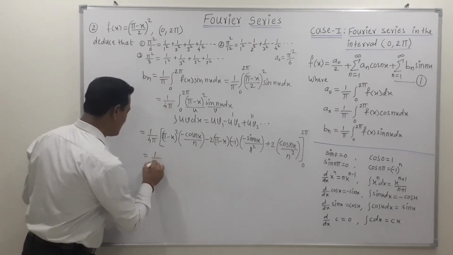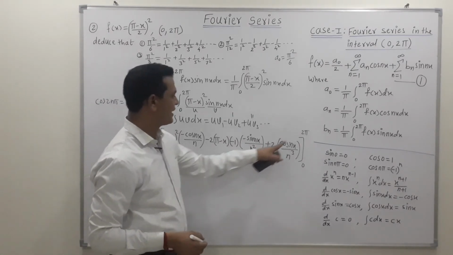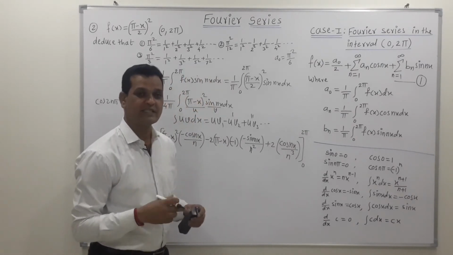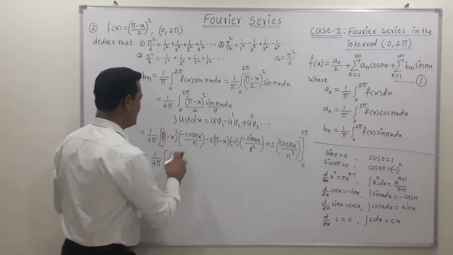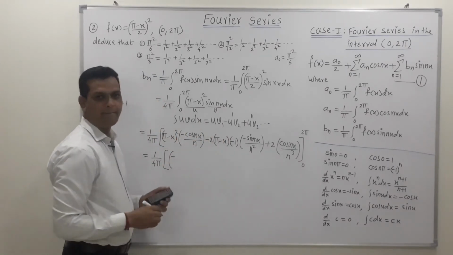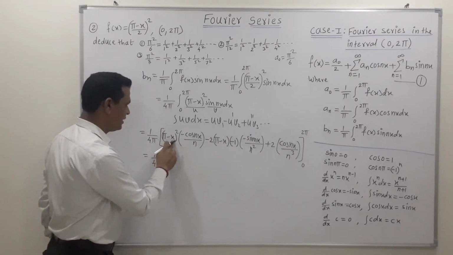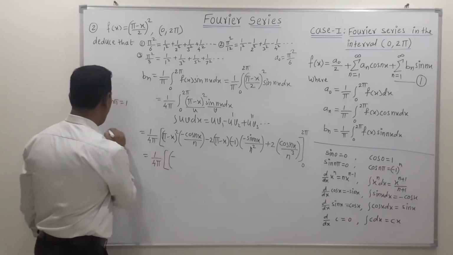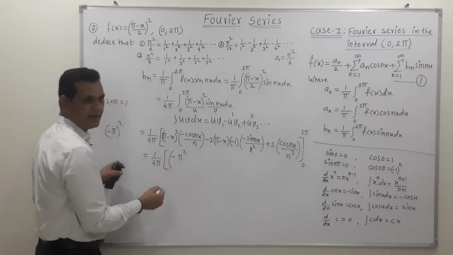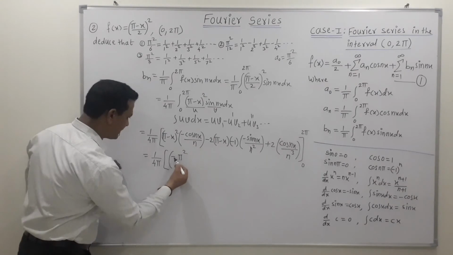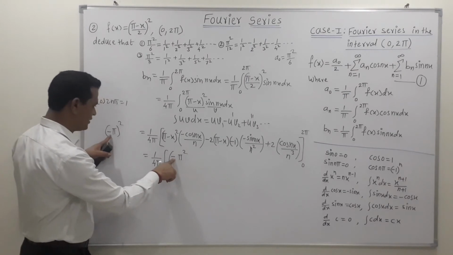Now friends, next step is to put the value of upper limit and to put the value of lower limit. Now here upper limit is 2 pi, that means concentrate on sine and cos terms. So first term is sine, so sine term is non-zero, so put the value of upper limit. So if we take this minus sign, then this is minus. Then if we put x is equal to 2 pi, then pi minus 2 pi, we get this as minus pi. So we get this as minus pi its square. So minus pi its square is pi square. And this minus sign is because of this. This is the minus sign. So this value is minus pi its square is pi square. So don't confuse these two terms.